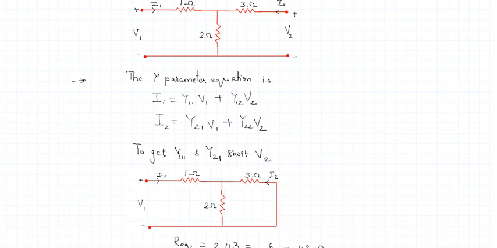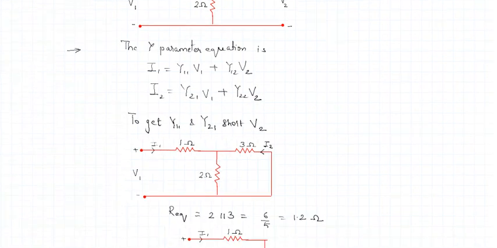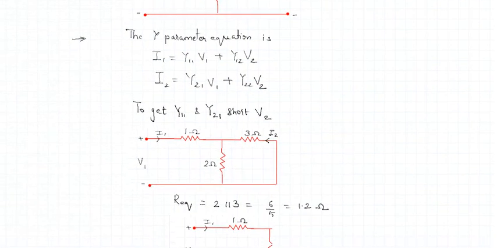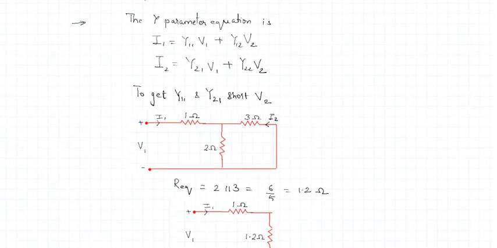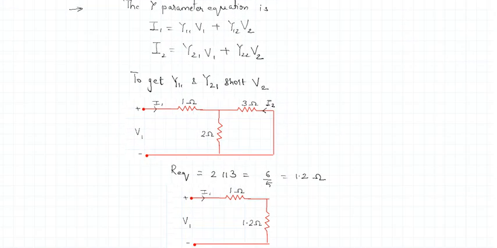So what is v2? v2 is the voltage at port 2. And V2 should be made 0. It means that we need to short circuit the output port. So if you see, the figure is modified and we have short circuited the output port. The current I2 is as shown. We have short circuited the output port, so we can now find the equivalent resistance here.